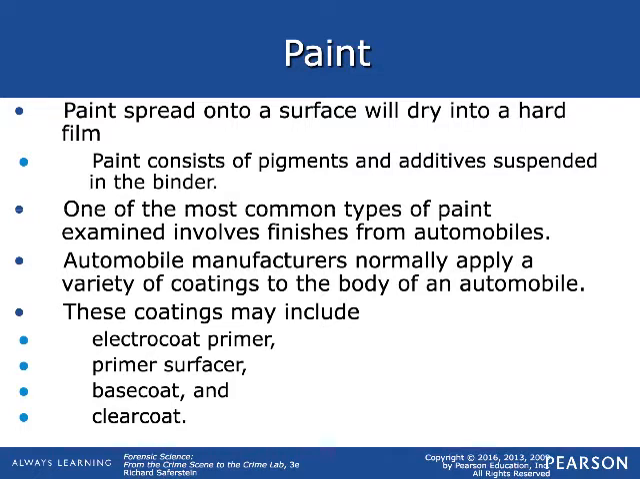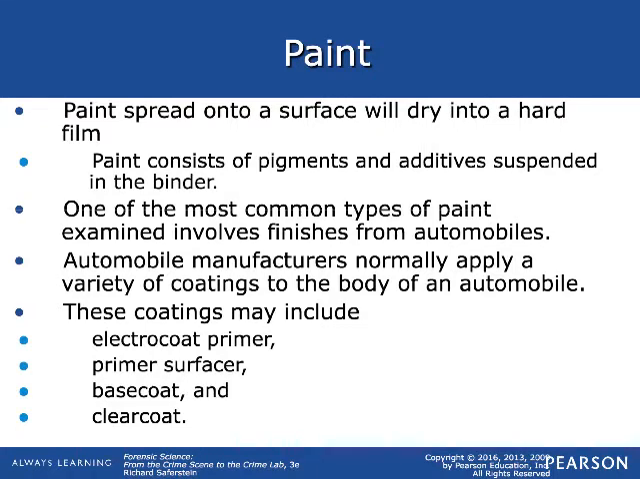One of the most common types of paint that is involved in criminalistics is finishes from cars or automobiles. Automobile manufacturers usually have a variety of coatings that they apply to the body of a car or truck. The coatings include electrocoat primer, the primer surfacer, the base coat, and then the clear coat. So electrocoat primer. Okay, then the primer surfacer, that's going to make it ready for the paint to stick, and this has color in it. Okay, it's highly pigmented, and then